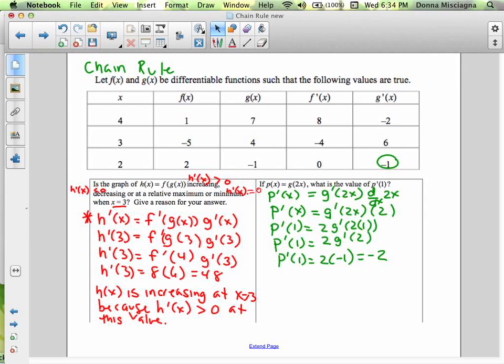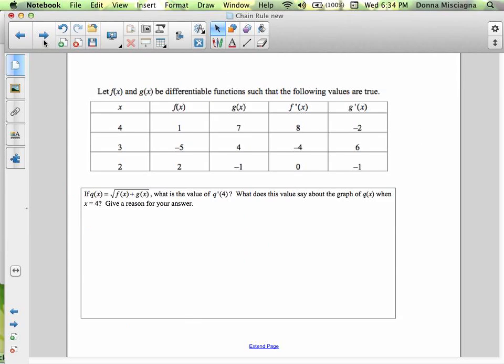On that second one, the outside function was g. The inside function was 2x. On the first one, the outside function was f of x. The inside function was g of x. I think I'd like to do this one. So let f of x and g of x be different, and by the way, these are all in the notes,